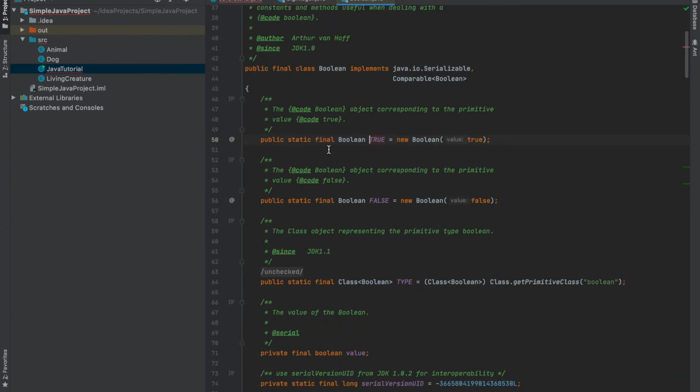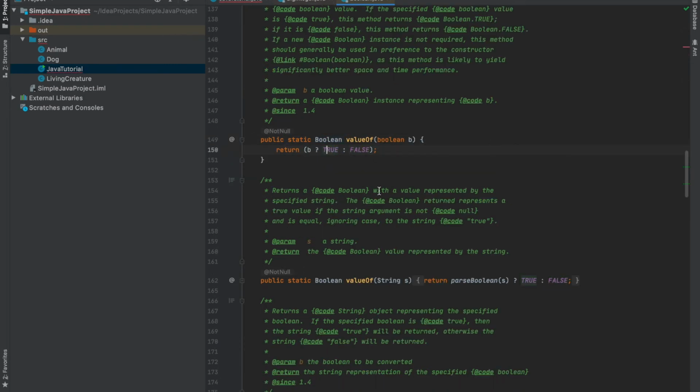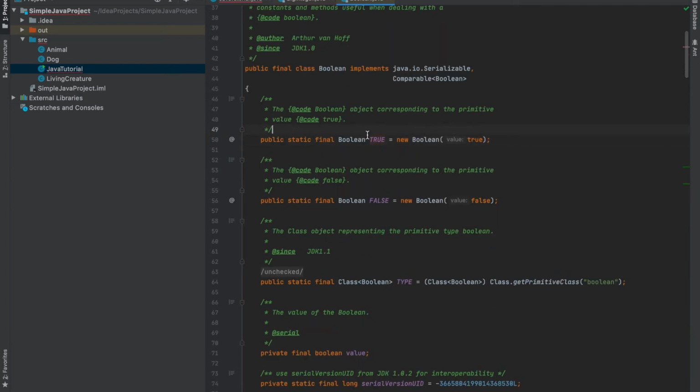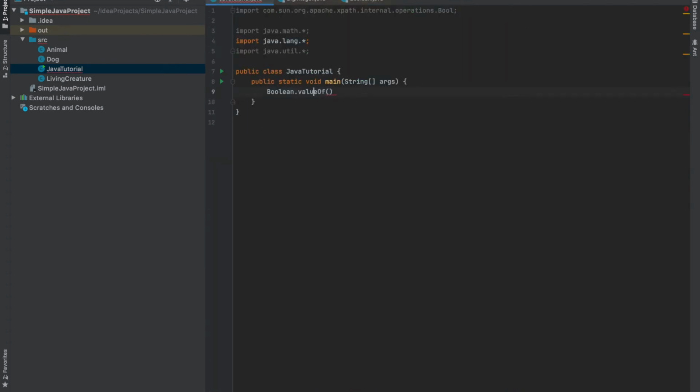Now, TRUE is a static final Boolean, and similarly FALSE is a static final Boolean. So each time we call this function, we are not allocating new memory, but instead we are just returning a static final object. That's how we can save memory also. In some cases, memory is a major issue.